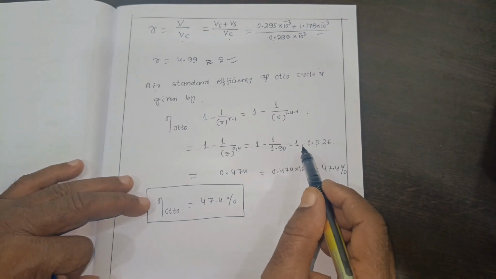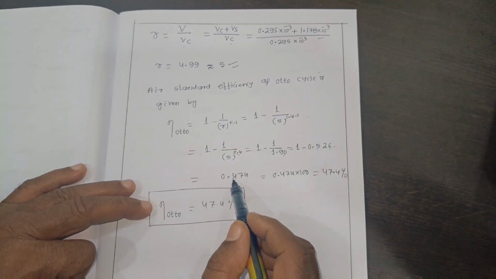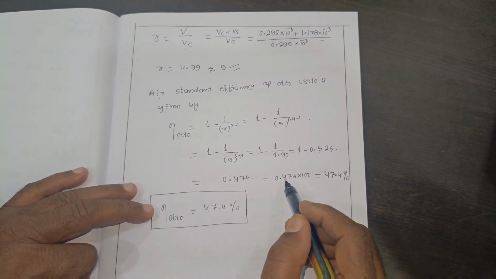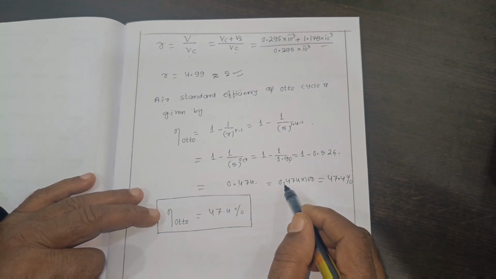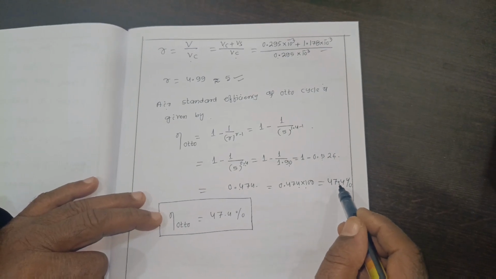Therefore 1 minus 0.526 is equal to 0.476 is equal to 0.476 into 100 is equal to